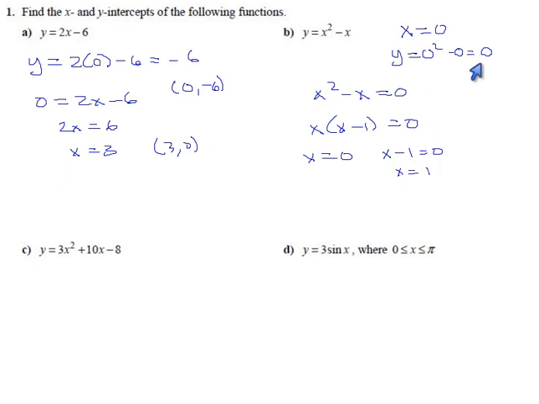Do you notice we get the same point twice here? This parabola actually passes through the origin. It goes through (0, 0), and then it comes back up through (1, 0). There's (1, 0). So the origin counts as an x-intercept and a y-intercept, and so you're going to find it